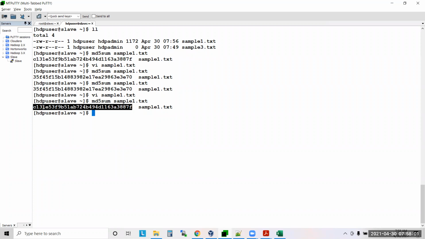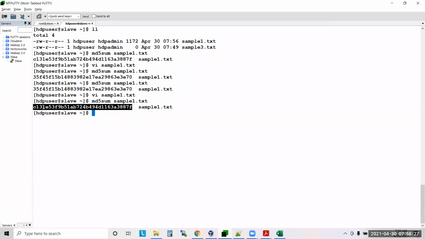Tomorrow, in real time, let's say there are two files. One is a 500 GB file. Another one is also a 500 GB file. How can you say whether both the files are the same or not? Your manager asked you, hey Venkata, can you check whether these two files are the same or not, and let me know the report by evening. What will you do? We'll just run the checksum.